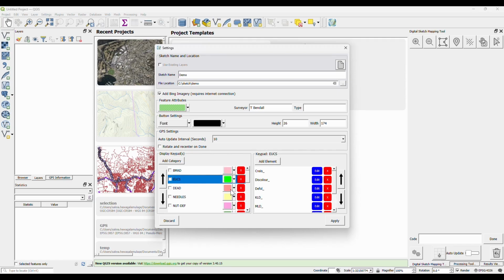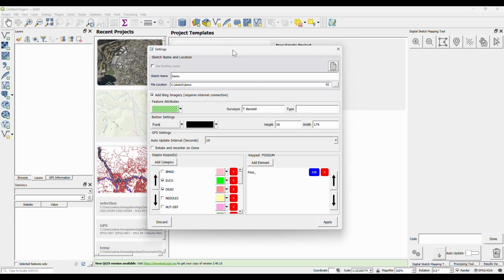Clicking on one of these allows you to see each of the elements that will be added to the map as part of that keypad category. You also have the opportunity to customize the color of those keypad buttons, edit the names of them, reorder them, and all that, and also add new categories or add new elements to each of those categories. We're going to go through and add some of these entries so that we've got something to hit against our